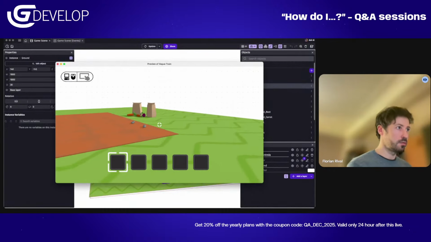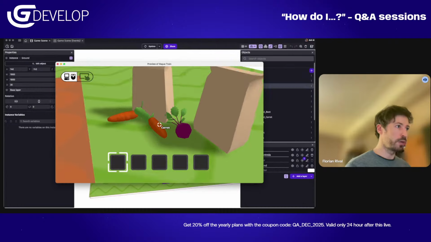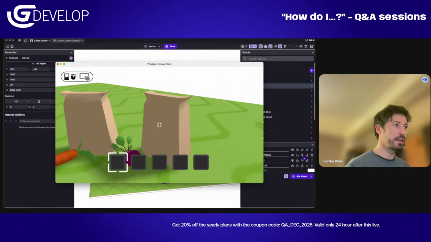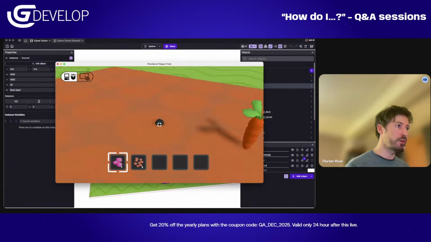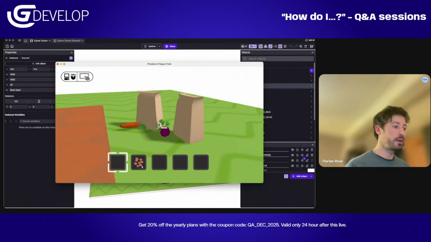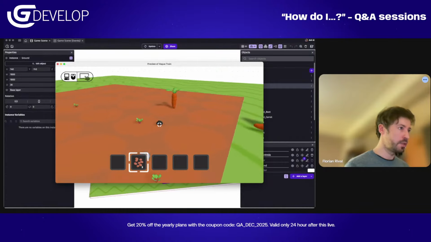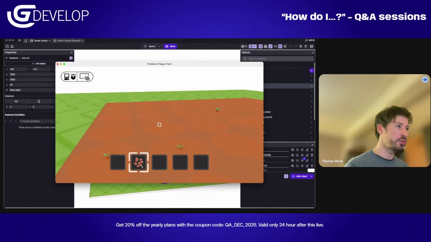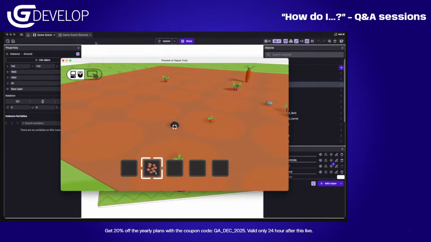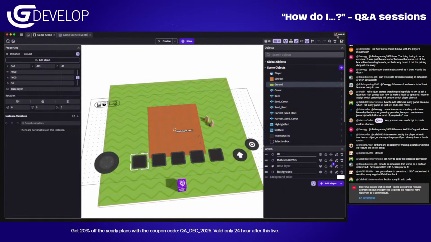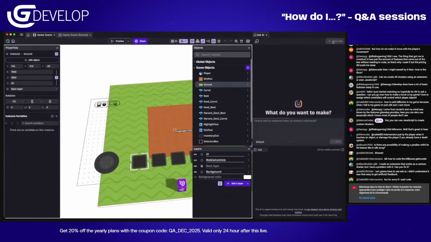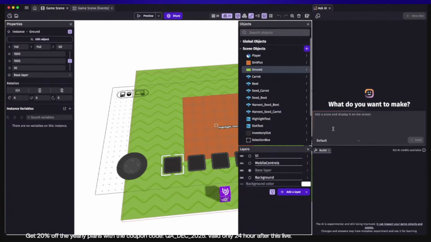and it's working already. I can grab a carrot there, I can grab some stuff, and then put them, and it's growing. I will try to get the AI to implement the save system for me, and see how things go. I love this example. Simple, but it's pleasant. So let me open a new chat. I'm going to the build mode this time,